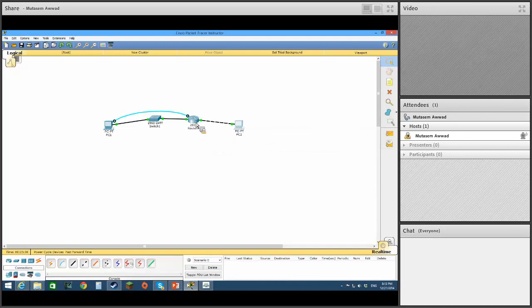Now, what we need to do, we have to be able to telnet to remotely access the router. Well, we don't have to remotely access the router. Okay, what we really need to do is, hold on a second,